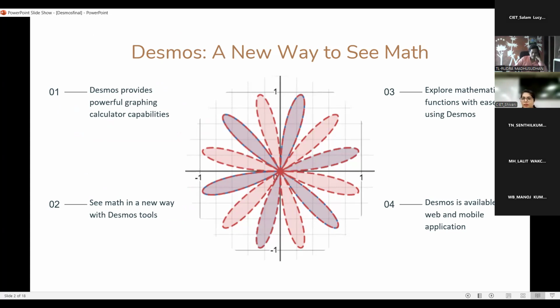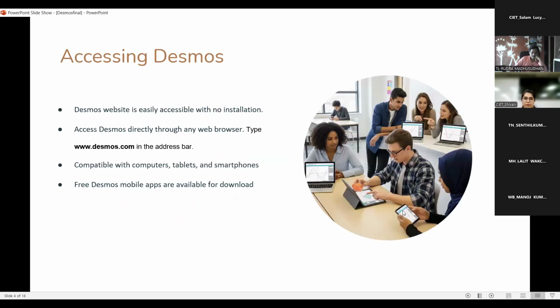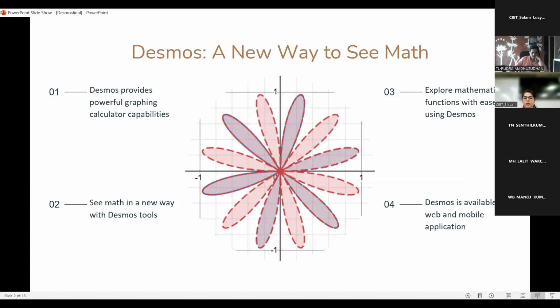And that's the best part: it is freely available, and you can write Desmos in the address bar or on Google, and you can find the tool. Next part,